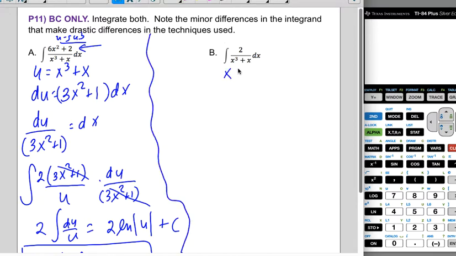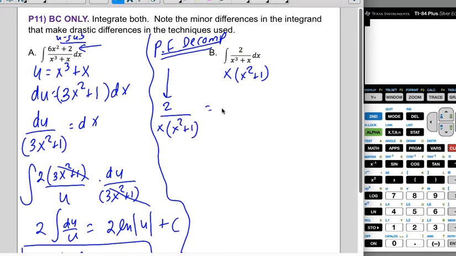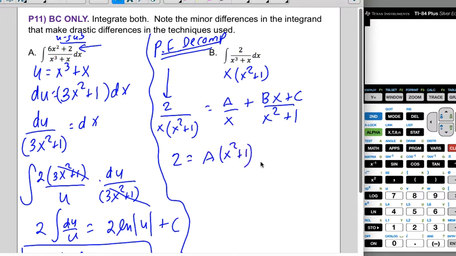That means this one is really likely to be partial fractions decomposition because the denominator factors. So I'm going to go ahead and do my work for my partial fractions decomposition. I get 2 over x times the quantity x squared plus 1 equals a over x, because that's a linear factor, plus bx plus c over the x squared plus 1, right? So I'm going to get that this 2 is a times the factor it's missing, which is the x squared plus 1, plus this quantity, bx plus c times the x,